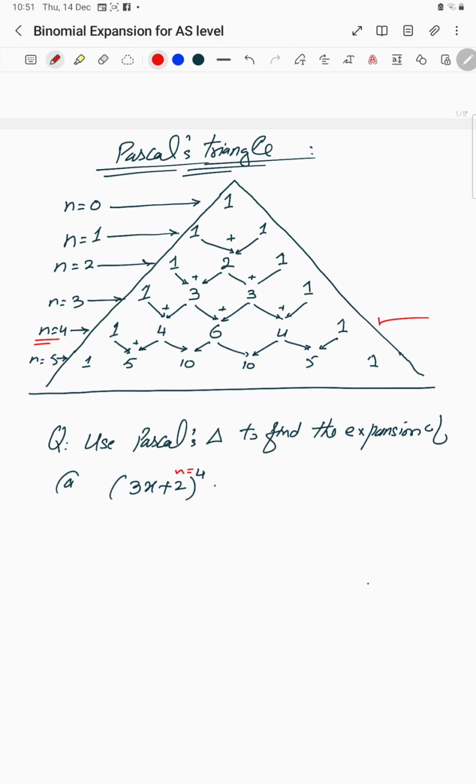Okay, now apply the expansion. As we know here, this is termed as A, this term is B. So we have a two-term expansion with n equal to 4. So as per the rule, the power is 4. Now how many terms should it be? It should be 5 terms with the descending power of A. Like A will be 3x power 4 and 2 power 0